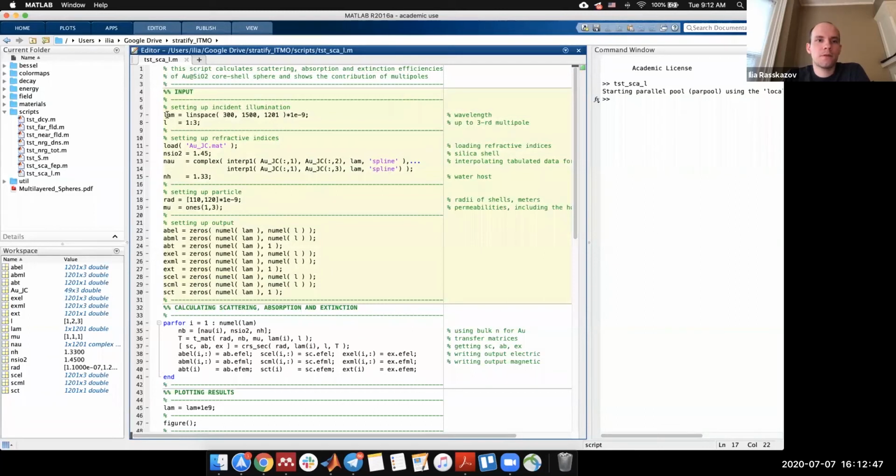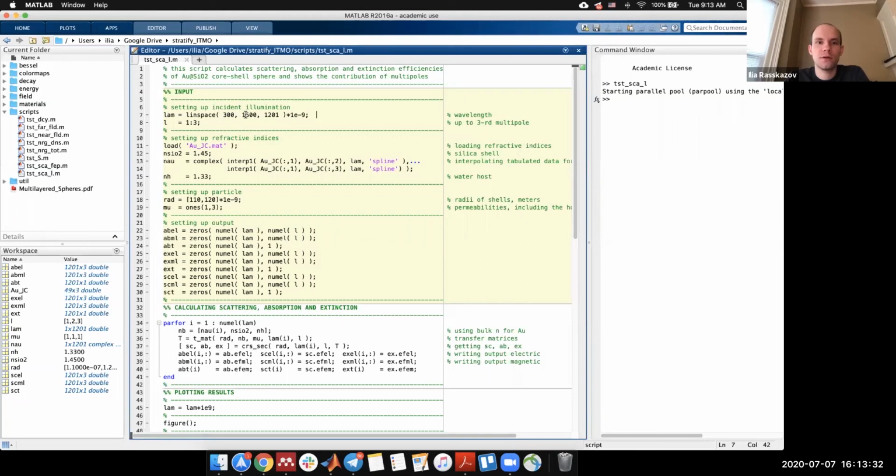So first of all, what I'm doing here is setting up incident illumination. When I'm calculating absorption, extinction, and scattering, it doesn't really matter what illumination it is, as long as it is from the outside. So I only care right now about the wavelength of the incident illumination. For those who are more or less familiar with Matlab, it's going to be easy to understand what's going on here. If not, just very quickly, I'm setting up the array of the wavelengths from 300 to